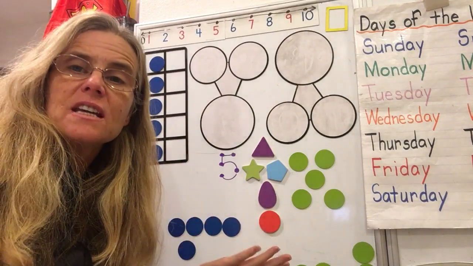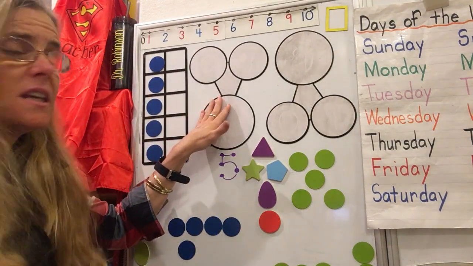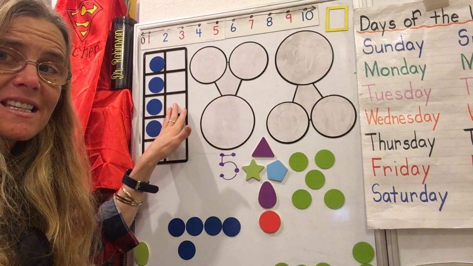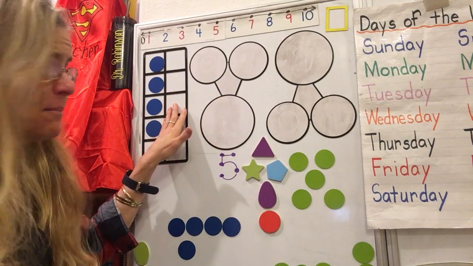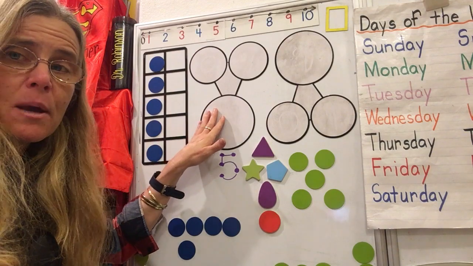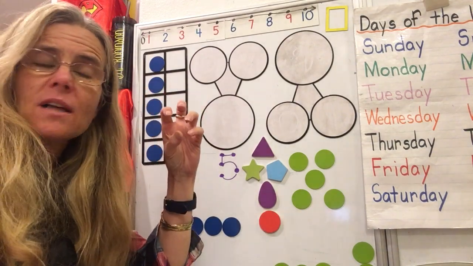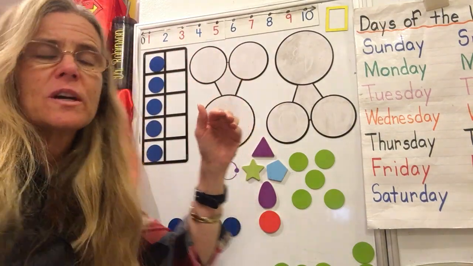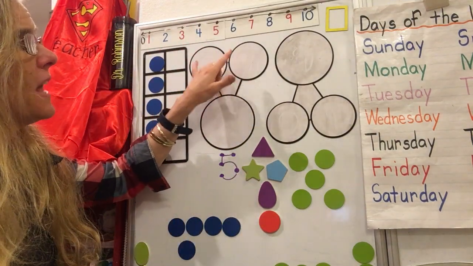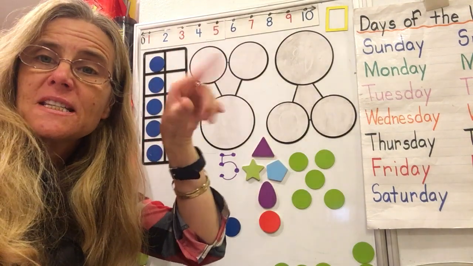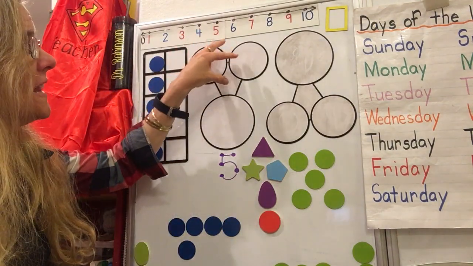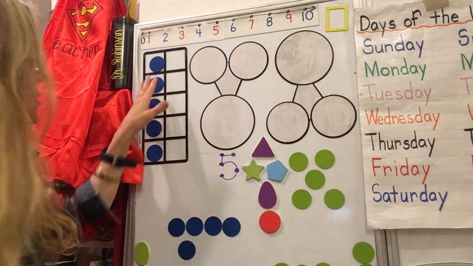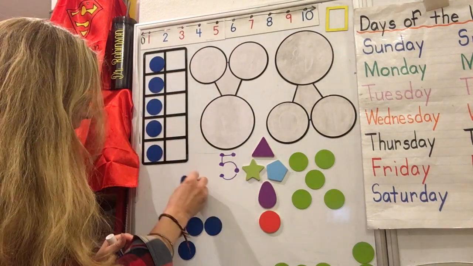And I could subitize by using, remember what these are called? This is a tens frame. This is a number bond. They're bonding together. When we have it with the two circles at the top, and they could be squares, it doesn't have to be circles. But when we have the two spaces at the top, we're putting the smaller numbers together to make the bigger number. So if I had 5 like this,